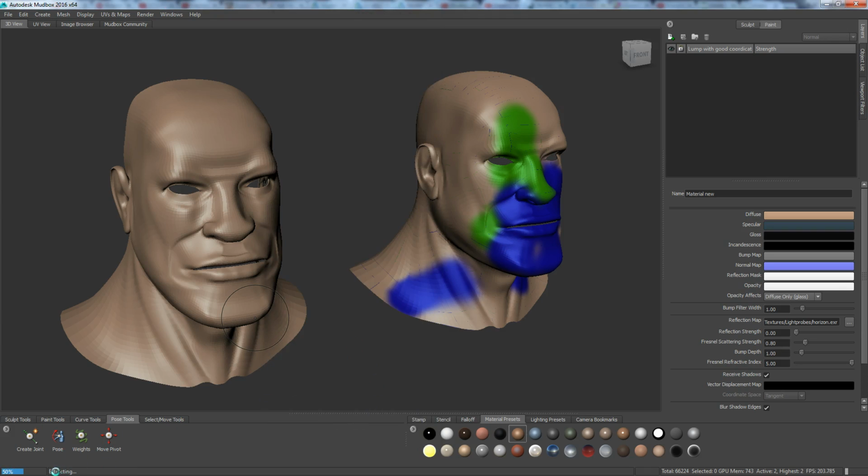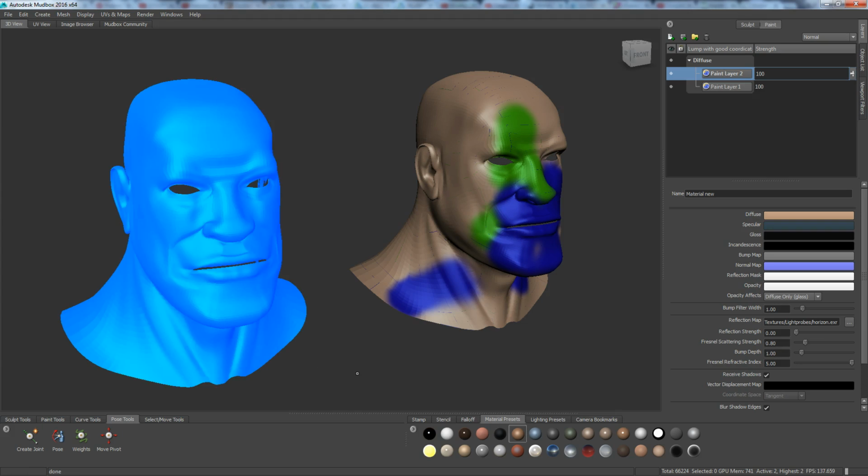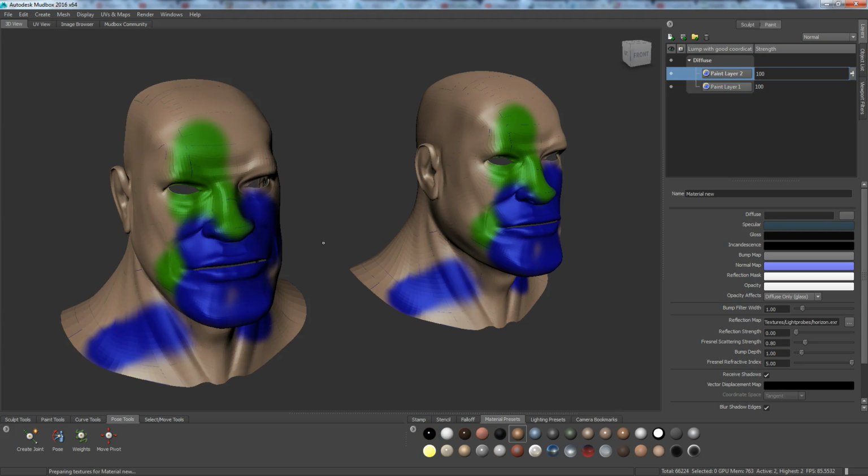Now down here at the bottom, you'll see a little measuring bar showing us that it's active and that it's doing it. It'll take a few minutes, according to how many layers you have, but it's going to transfer. When it gets finished, you'll see the layers in here, okay? And if I go over here and click on the layers to refresh it, then you'll see it's transferred this paint detail from this one onto this one,